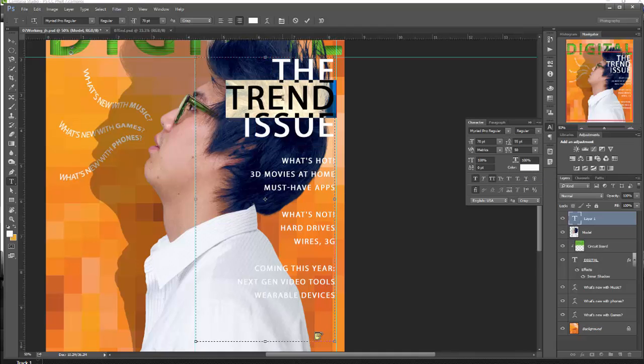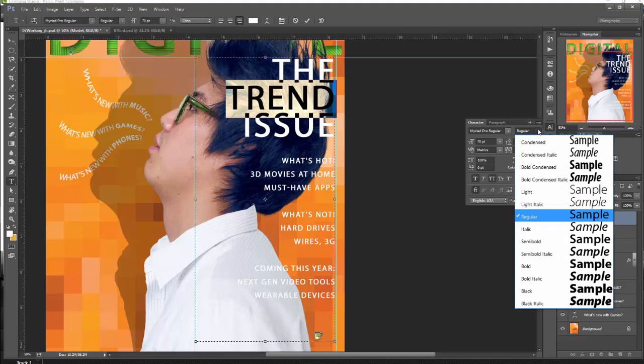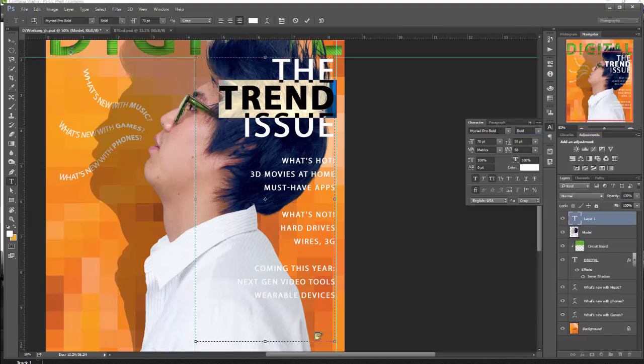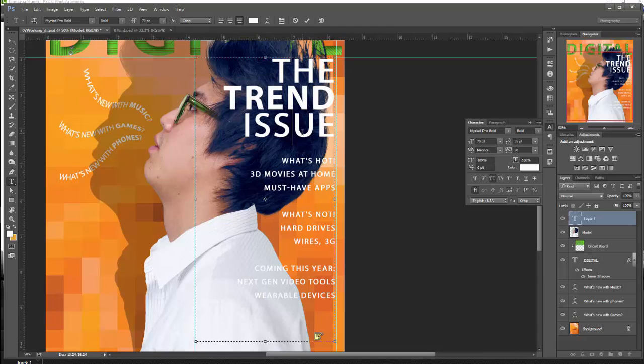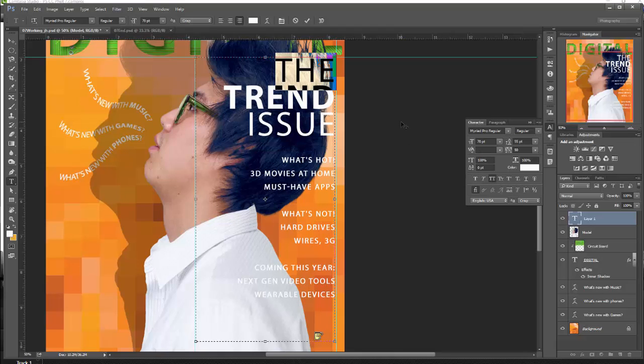Select the word trend and change the font style from regular to bold. And remember to use the actual font to make your change rather than the faux bold, because we're adding faux bold to faux bold, and that's not right. So we're taking that off. Now I'm moving down to the rest of the text,